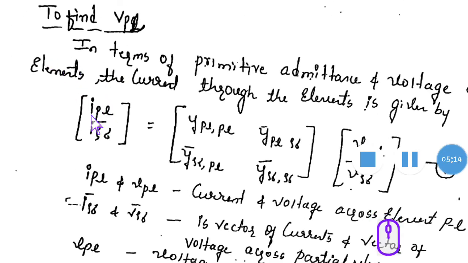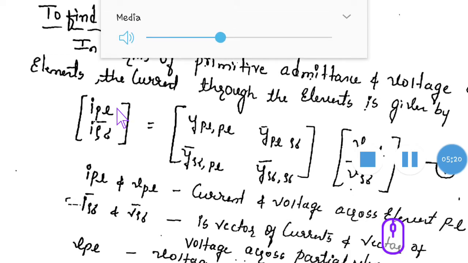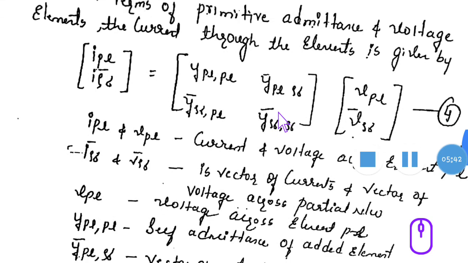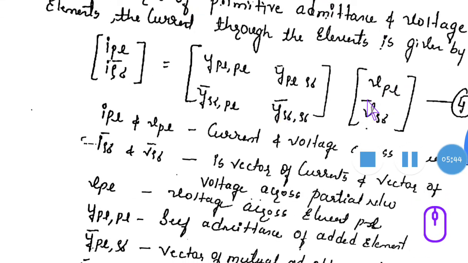So now IPL is there; before it was IPQ in addition of branch. So IPL is equal to what you have to take here. Just see this, this is the IPL and I rho sigma. So Q is replaced by L here. That's the change in addition of link, because the fictitious node L is created. Afterwards you have to replace L by Q. Now you have to write like this only: IPL, I rho sigma, wherever rho sigma you write as a vector. This is VPL and V rho sigma.